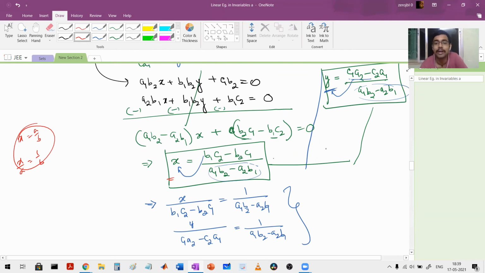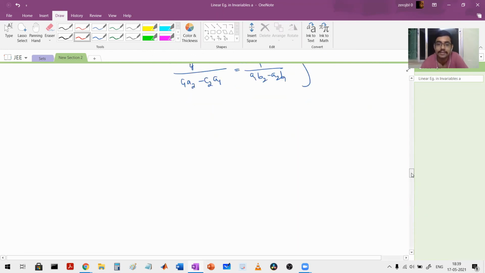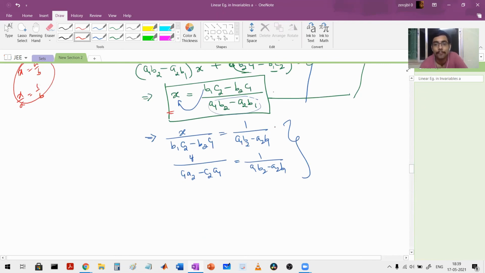Wait, I did not complete. I'm just trying to conclude something. So why did I do it like this? Because both of the right hand sides were coming to be this term, isn't it so? This term on the right hand side is common in both cases. Therefore, A is equal to B and C is equal to B, so A is equal to B is equal to C. That is what I'm going to write.